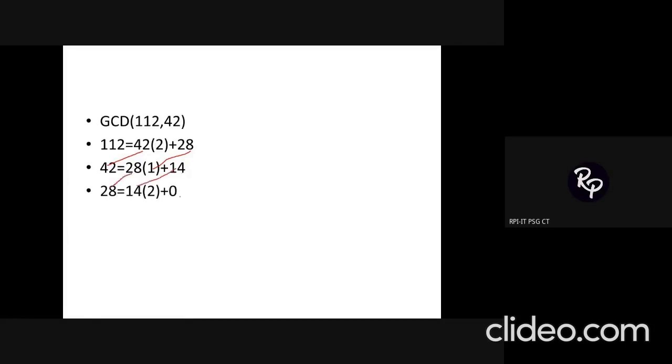So I need not do any more calculation over here because I have got my final remainder as 0. So once you are getting the value as 0, you can stop your iteration. So look into the previous step and find out what exactly is going to be the remainder. So plus some value I am going to have. That value will give you the GCD. So the GCD of 112 and 42 is going to be